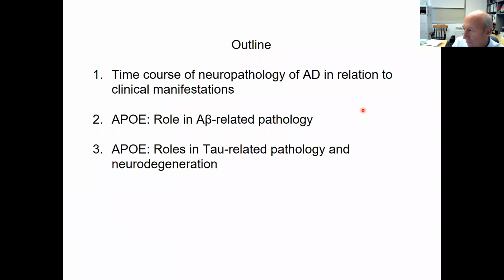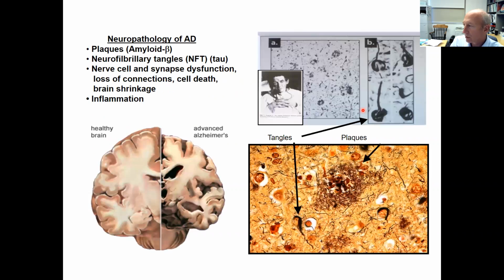Okay, so I'm going to set the stage to talk about the time course of pathology, because I think it does relate to how one thinks about whether a gene or a protein of whatever type influences the disease. I think it's relevant to think about when it impacts the disease and how it impacts the disease. So we know for a long time that some of the major neuropathologies of this disease are the